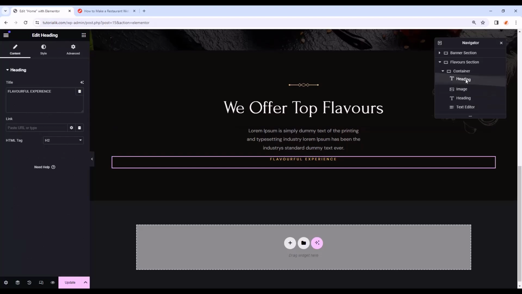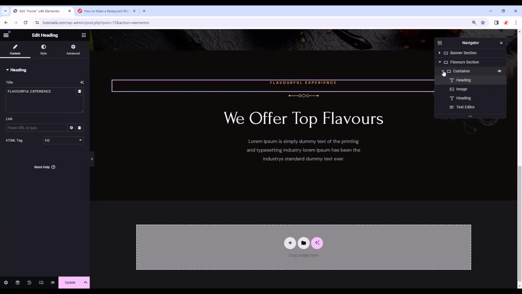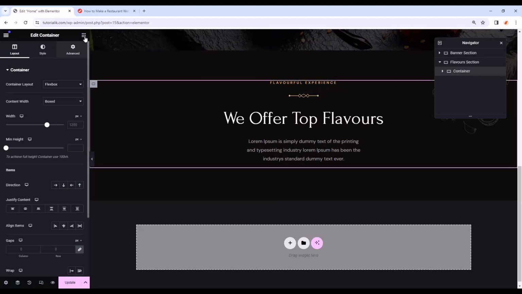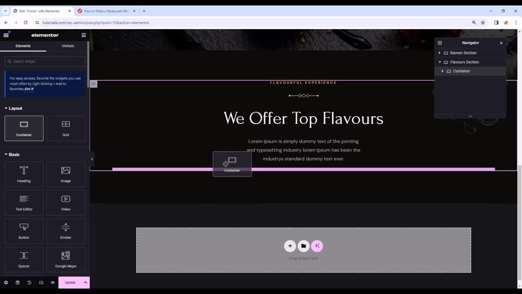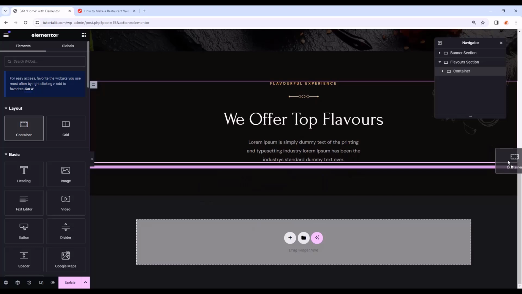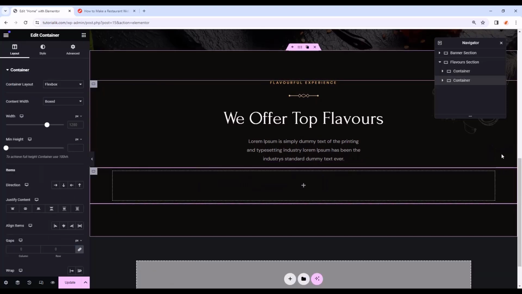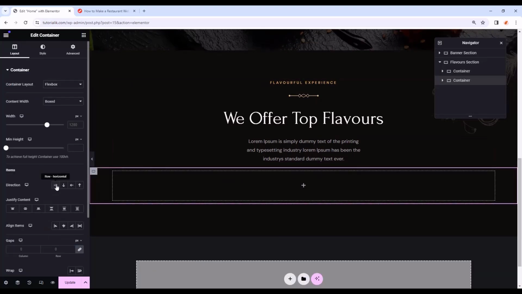And let me just readjust the elements like this. And now all the elements are inside this container of this flavorful section. Now from the grid icon, let's add another container underneath or after this container like this. Now let's make this container row directed. Then here we have to add some width, like